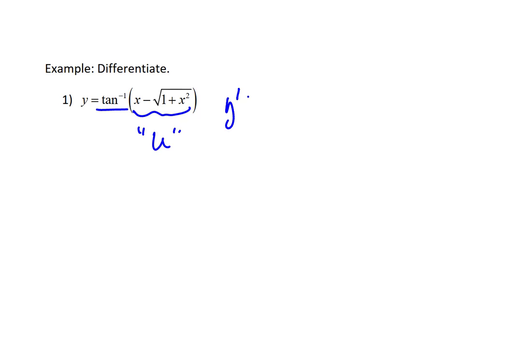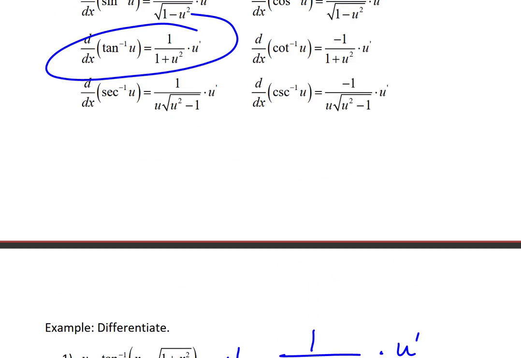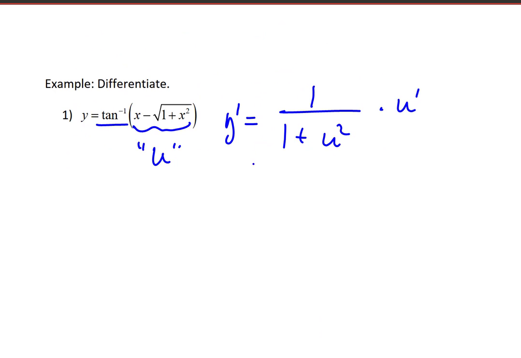So we can say here y prime equals, now the derivative for tangent inverse is 1 over 1 plus u squared times u prime, if you go back up to the formula. But instead of writing u, we want to write what u is, which is this input. So we'll say 1 over 1 plus, and then instead of saying u squared, I'm going to write x minus the square root of 1 plus x squared in parentheses as the u being squared, times u prime,